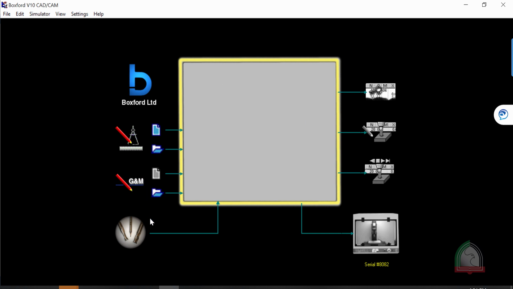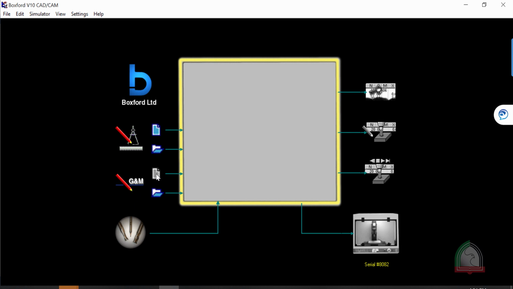Now we are on the first page of the simulation. The left side is for the CAD drawing and the right side is for the machine control. These are the three parameters that will provide us the program details. We can view the program here. Here it is the edit and this is the simulate. This one we need to use to directly connect with the machine for actual operation. On the left side, we have two options. Either we can enter our details by using the graphical method or by using the G and M code.